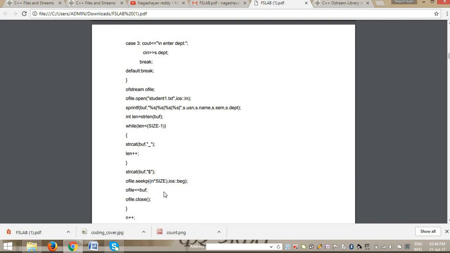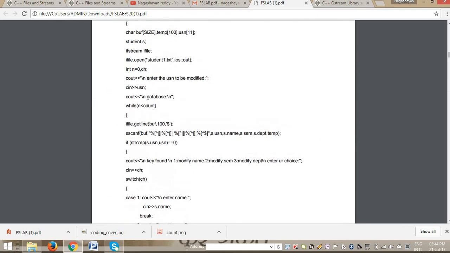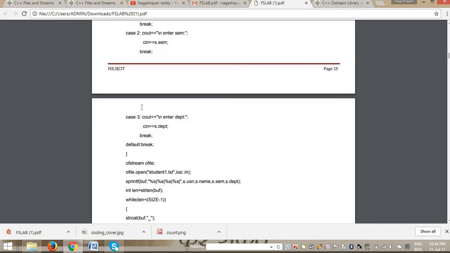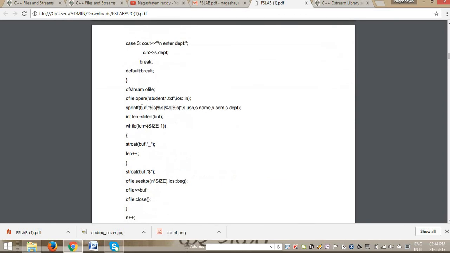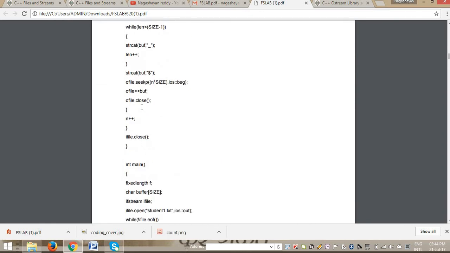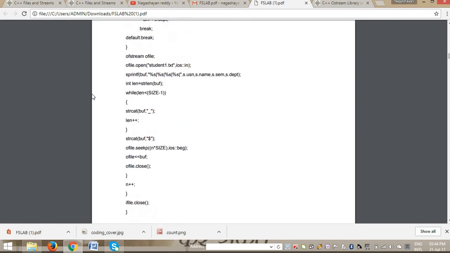As we have seen, while getting lines from a file, we are incrementing n. If we get the specified USN, the n value will be updated. In that position only we need to dump the modified value. So we will use n into size, the size we have already specified from the